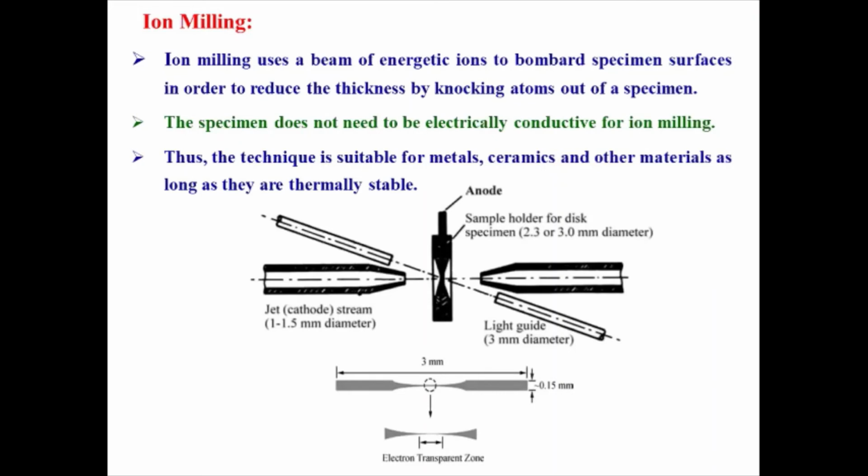For powder materials, you have carbon coated copper grids, 200 mesh or 100 mesh. You have to disperse these powder materials, nanomaterials, or whatever you want to see in a particular solvent and put 1 or 2 drops of this dispersion on the copper grid and let it dry overnight, and then you can use this copper grid for imaging the sample.